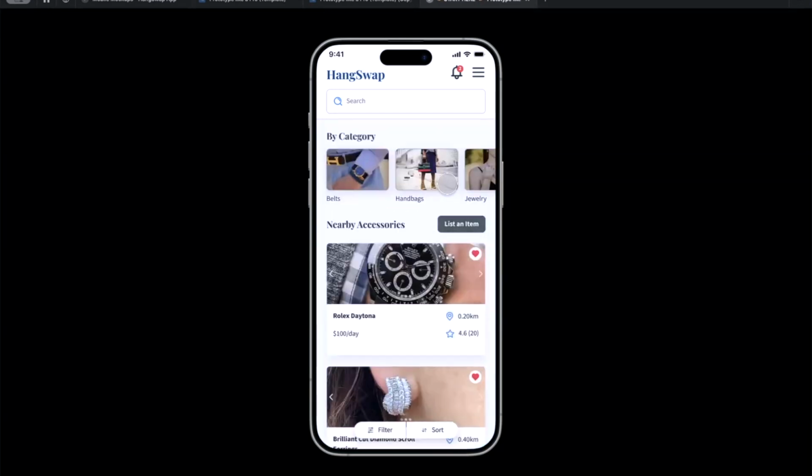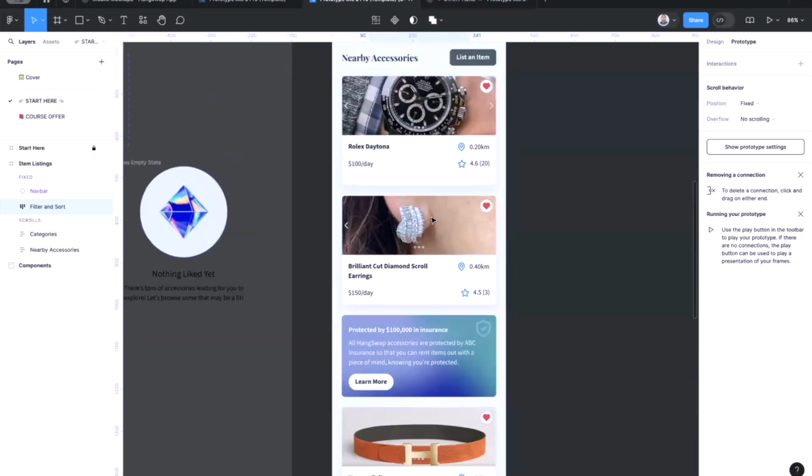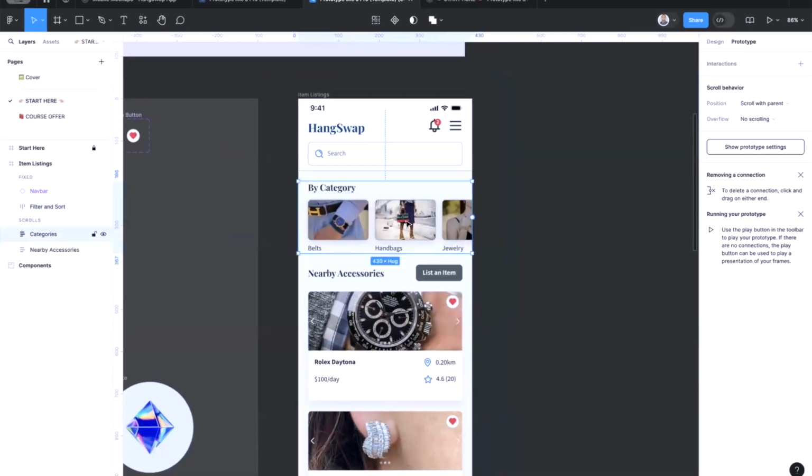Then we want to move forward to our category option here. Of course, there's more than three categories. There's in fact six, but we can't see them because they're overflowing outside of the page. If you double click into the categories auto layout frame here, or just go to your layers panel and select this one where it says categories, you'll see, in fact, if you click, there's six of them in there, but they're not visible because they're flowing off the